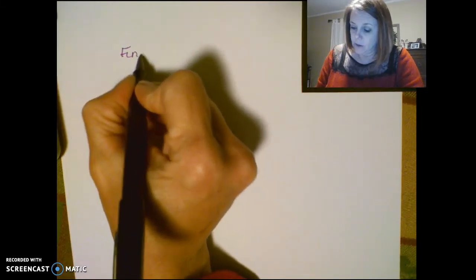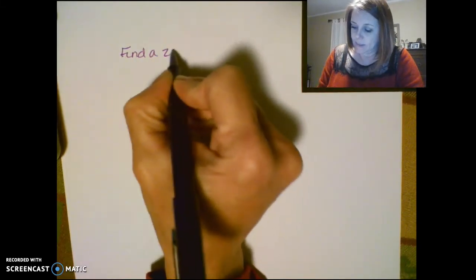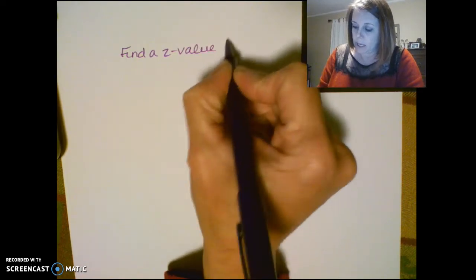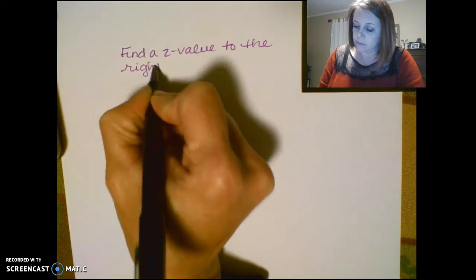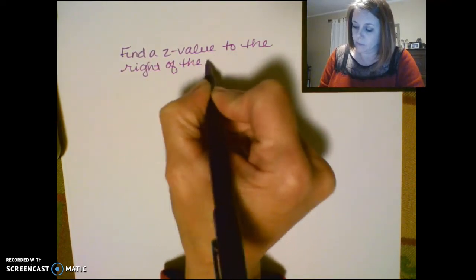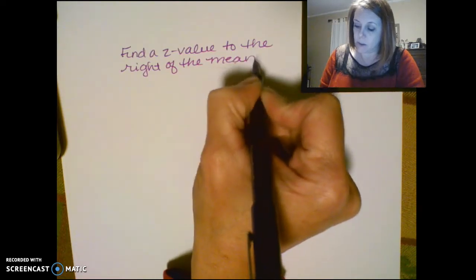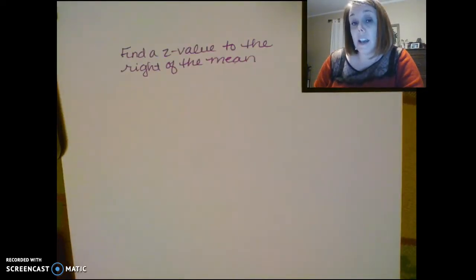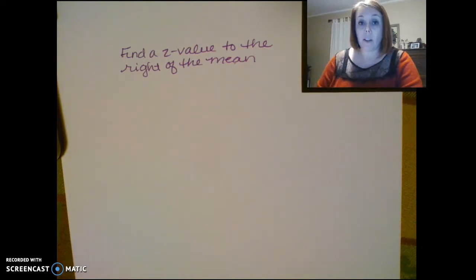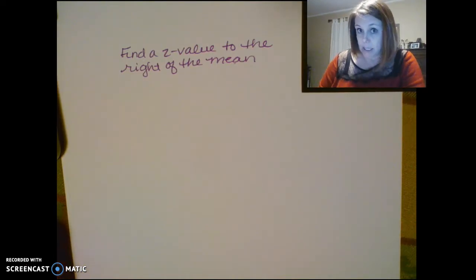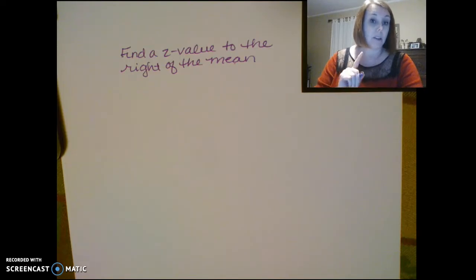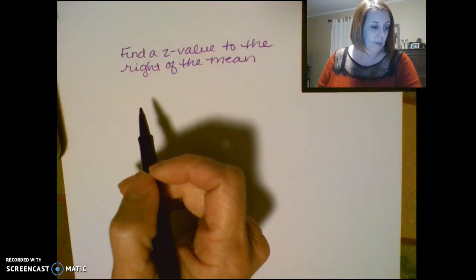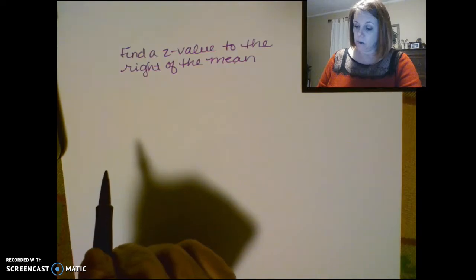Find a z value to the right of the mean. So that automatically tells me I'm looking for a positive value. If it's said to the left of the mean, then I know I'm looking for a value that's negative. Keep in mind, you'll have to remember to put the negative on your answer because it won't come out in the table, since the table only shows positive answers, but you'll have to remember to put that on there if it is a negative. In this case, I want to the right of the mean